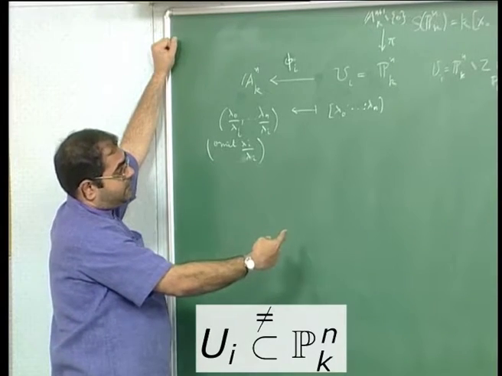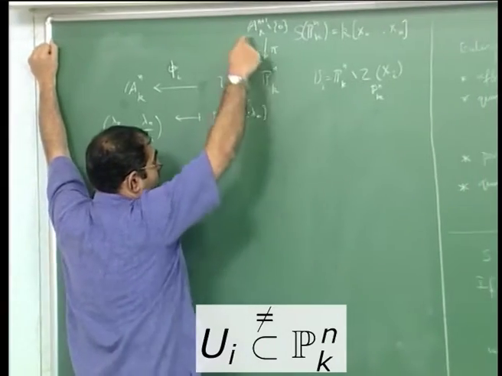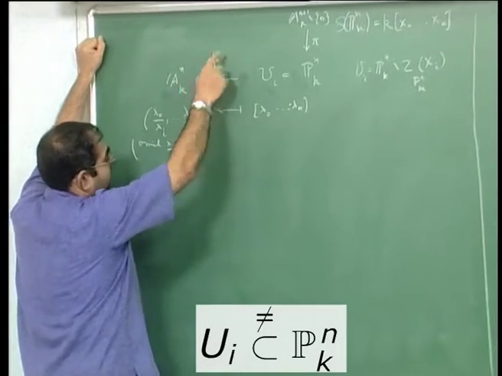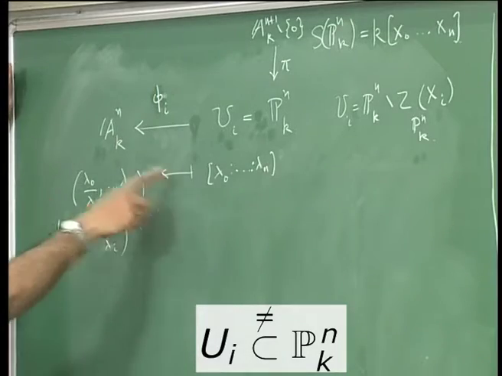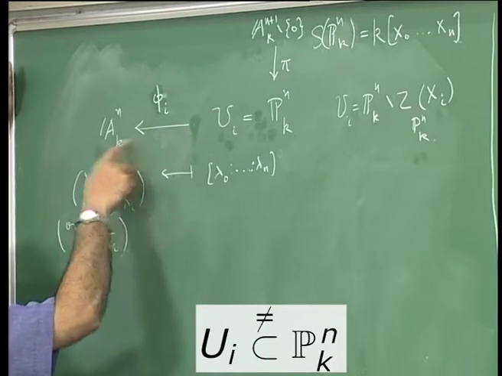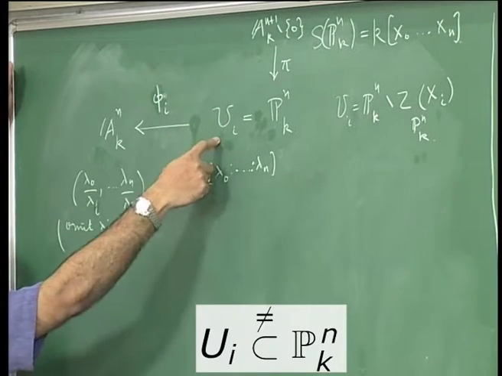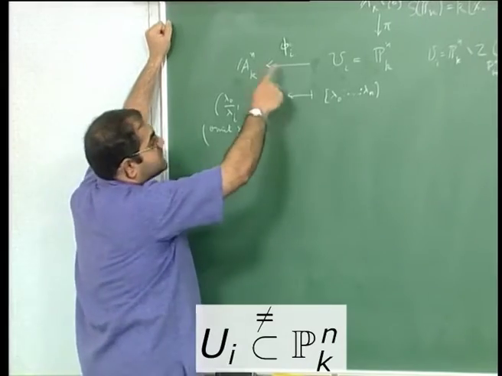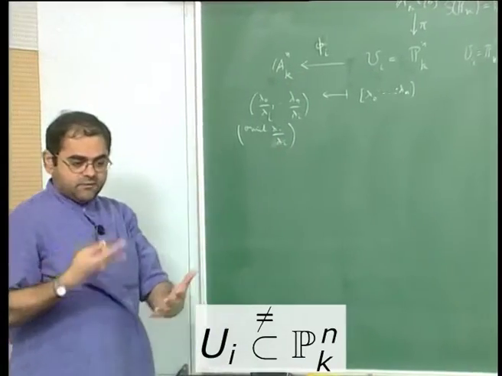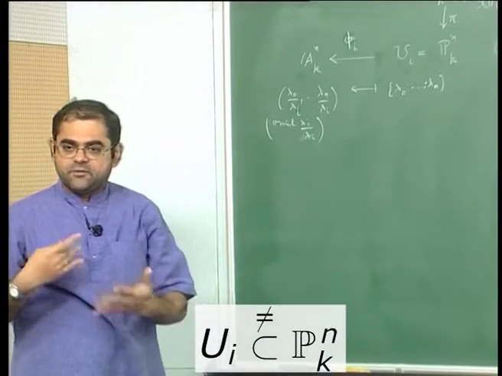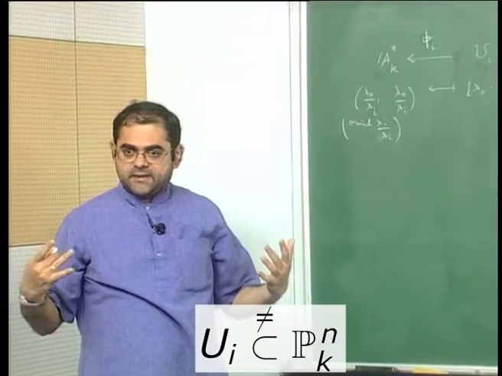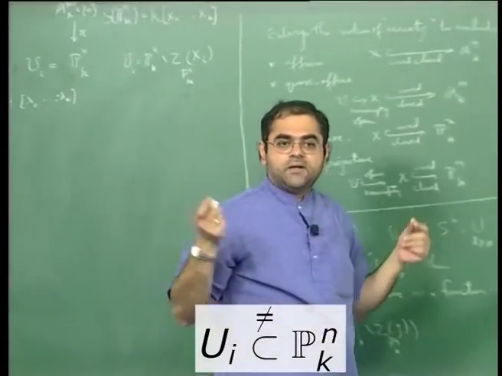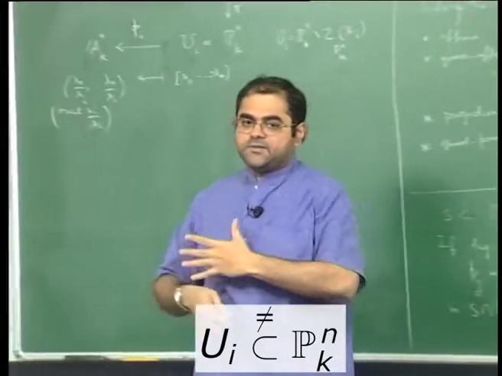The other way is by giving Pn the quotient topology via this quotient map. The third way is that you make each of the phi's a homeomorphism, namely you give the topology on Ui that makes this a homeomorphism, namely a set here is open or closed if and only if its image here is open or closed. Then these topologies on the individual Ui's will agree on the intersections, and therefore they will define a global topology on the projective space, and that will be the same as the quotient topology or the topology for which closed sets are given by zero sets of a bunch of homogeneous polynomials. Okay, so all these are the same.